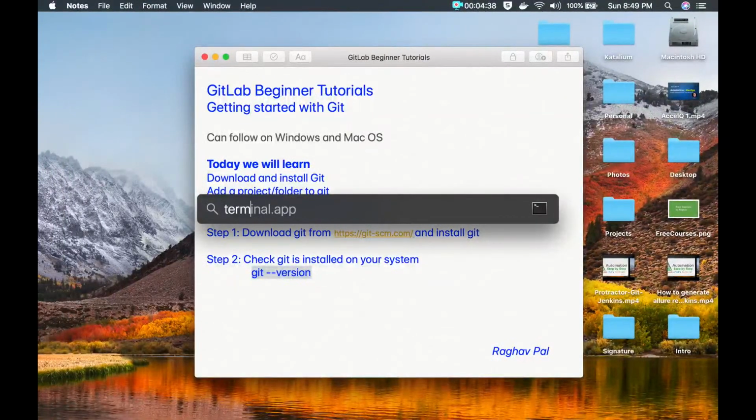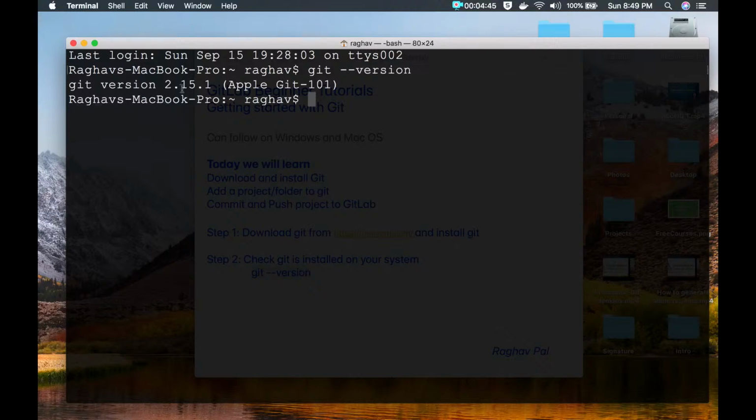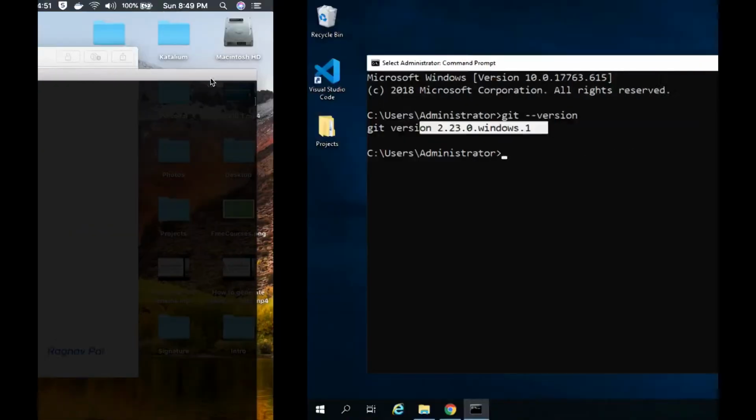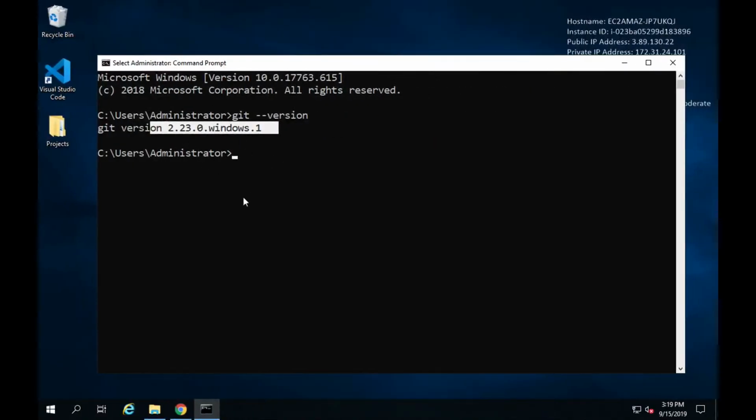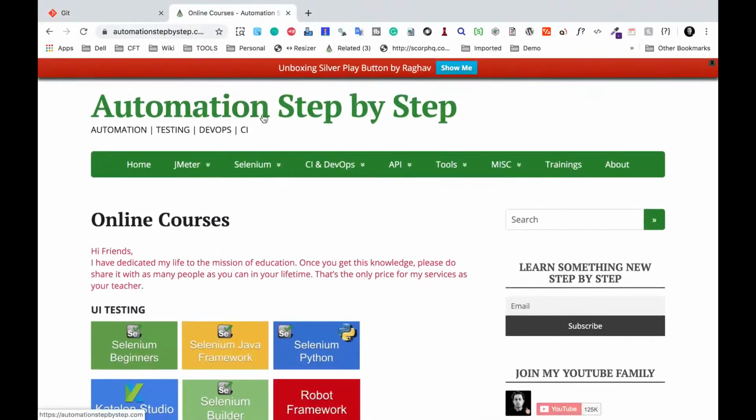Now in case you are on Mac, you can go to your terminal and just say the same command, git space hyphen hyphen version. On my Mac, Git is already installed. If you are using Mac and you have not yet installed Git, you can just use the same procedure, or if you still need some help, you can go to my website, that is